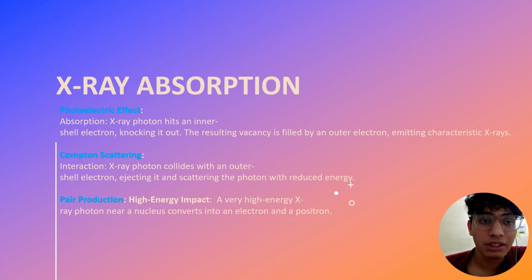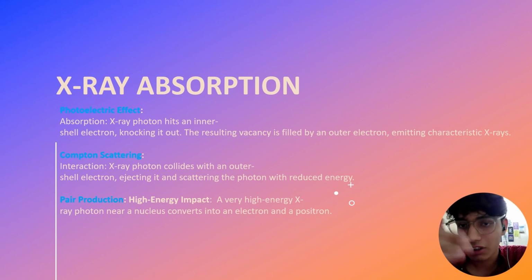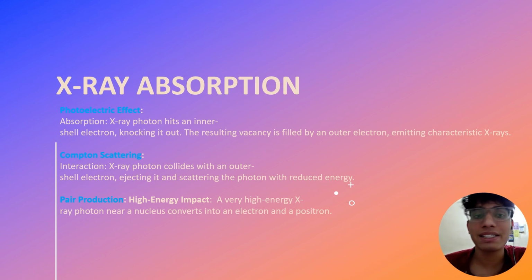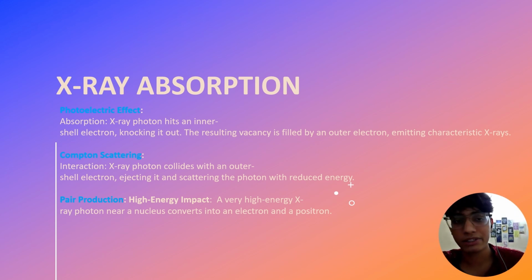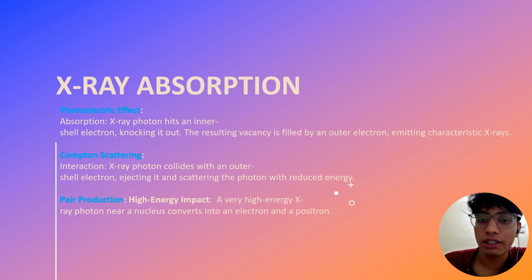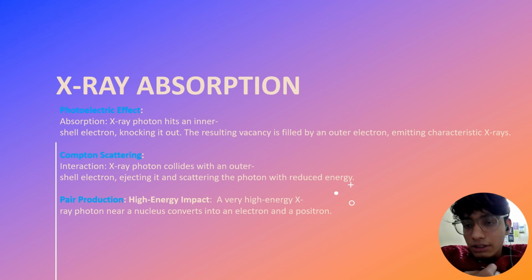In the photoelectric effect, an X-ray photon strikes an inner shell electron and ejects it, and this results in a vacancy. This vacancy is later filled by an outer shell electron, which jumps from a higher state to a lower state inside the vacancy, and this emits the characteristic X-ray as it falls to the lower energy level, right? And the second one is the